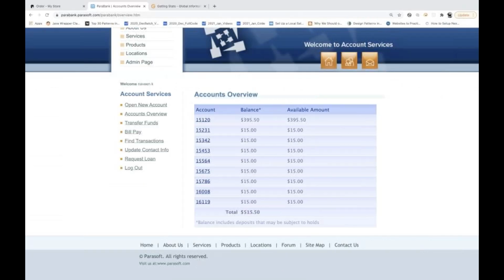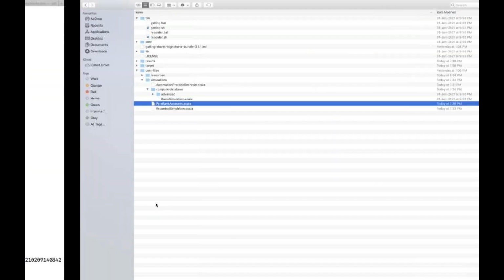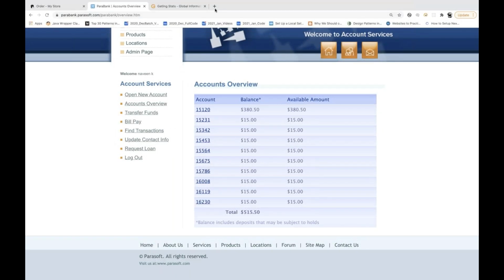First, we will cross check in the UI whether it is reflecting or not through Gatling. So refresh it. Awesome. See, 16230 got added. We have not added it, Gatling added it, because through the Scala script they have HTTP calls, post call and everything, and then they have created one Para account over here. Right? And now let's quickly check the report as well, and simply copy this report and open it in a new tab.